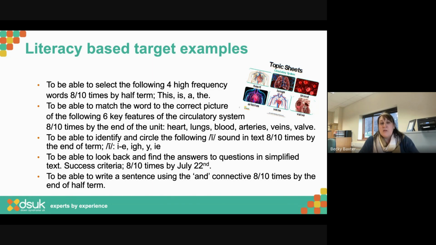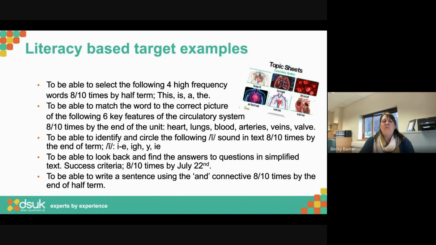What I've tried to show there is, if you've got a nice specific or nice smart, I call them smart literacy target, and we know that the child needs to be working on these literacy skills, you could bring them into almost, just about every single lesson that you can think of, right through from early down at the beginning there, right up through secondary school.